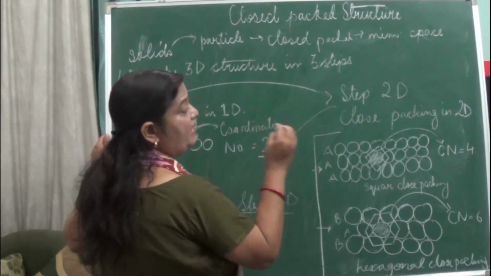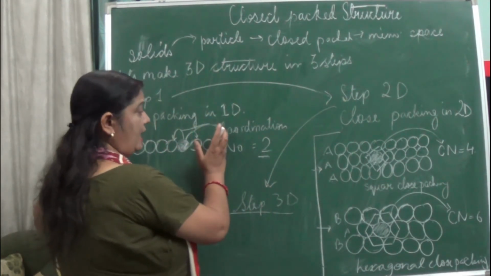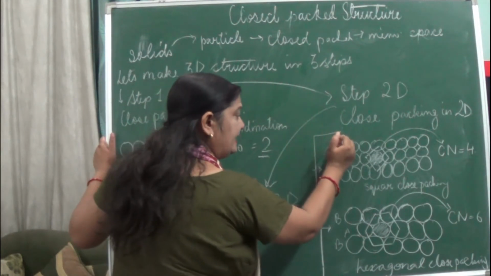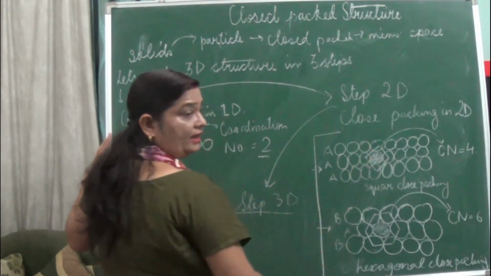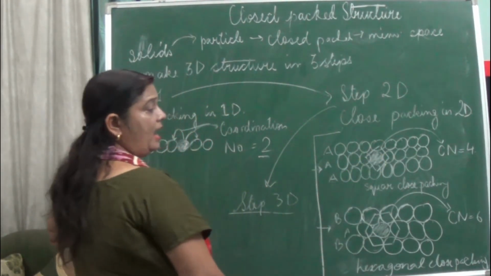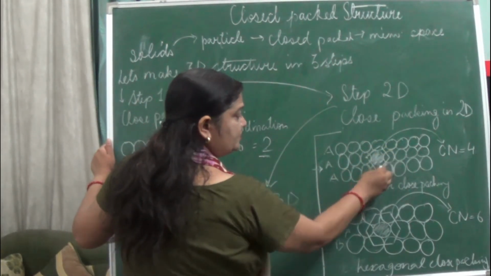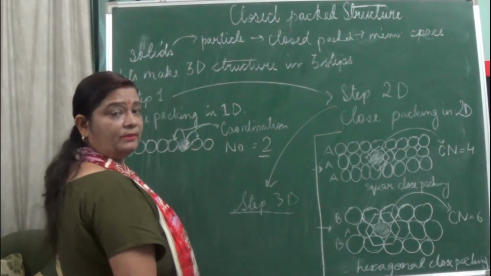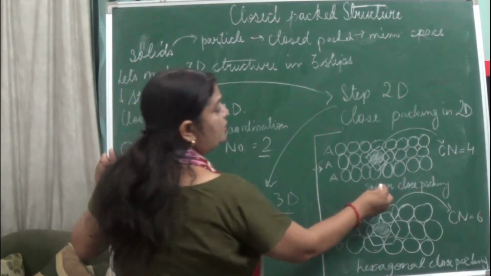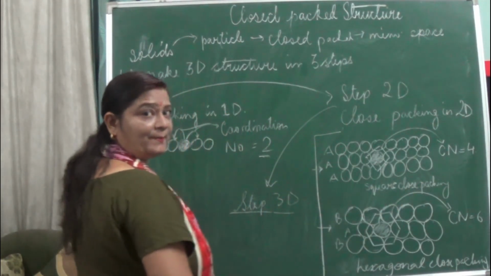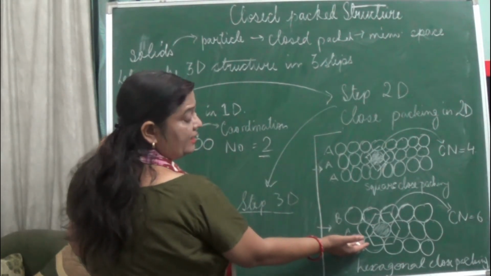So, close packing in 2 dimensions. In this, what we have studied in the 1-dimensional structure, you are seeing that it is arranged in layers. Then pick up one of the atoms in this. I have picked up this one. Now we can see that it is touching 4 other atoms, isn't it? So the coordination number becomes how much? 4. And if it is 4, it is known as square close packing.